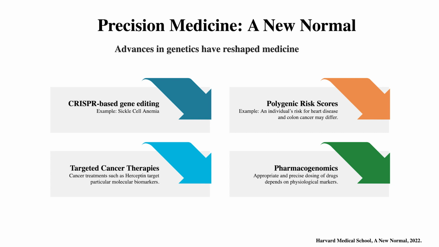So CRISPR is a gene editing technique. Again, it cuts the DNA and you're able to fix stuff, and it's being used for sickle cell anemia. Here's where I know the best information, and we have great results for targeted cancer therapies. So if you know there's a mutation you can target and there's a treatment that targets that mutation, it's much better, again, than using these broad treatments.